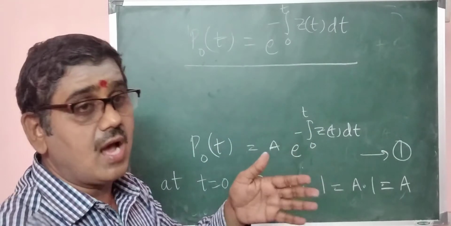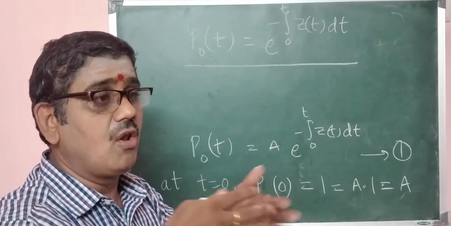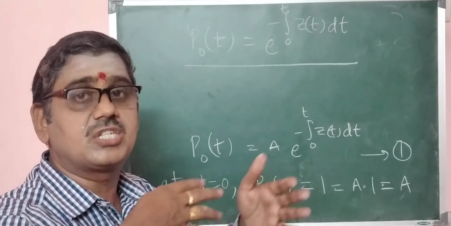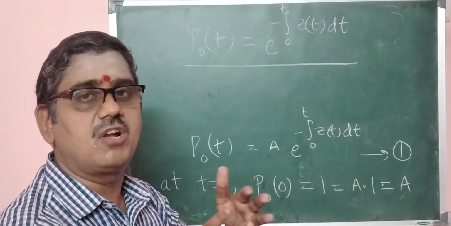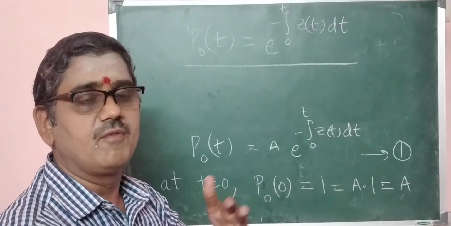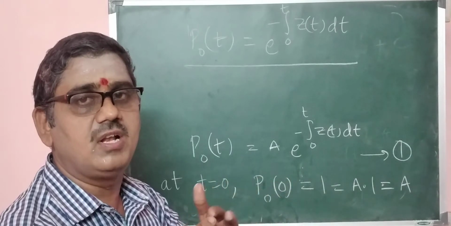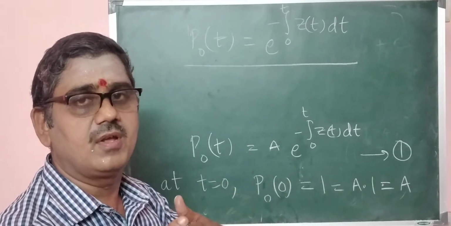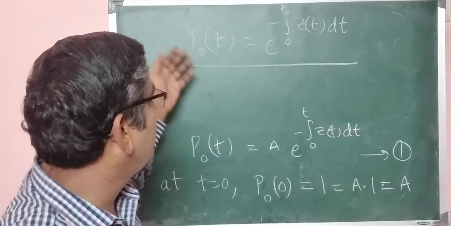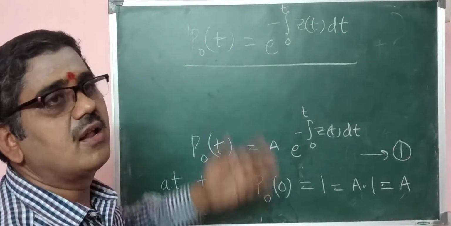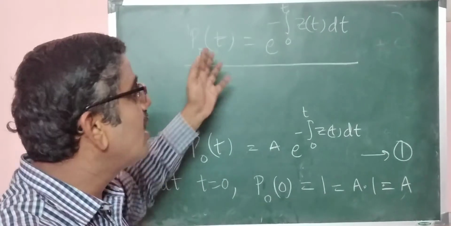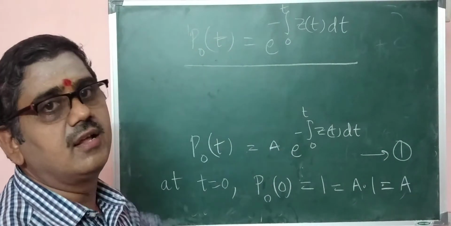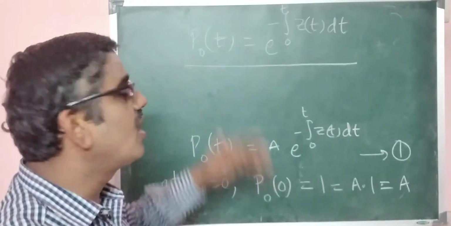That is the reason why I am specifying everywhere: will not fail means survive. I am specifying that the probability of a component will not fail, which means the probability of a component will survive. It survives. So therefore, this is nothing but reliability. So it is a reliability function, right?